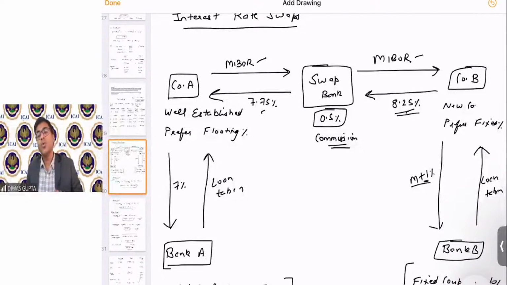We will go to the swap bank, and the swap bank will decide on its own capacity or its own assessment whether we are eligible to have a fixed converted into floating or floating converted into fixed. So in practical life, we always see one leg of the transaction. The second leg of the transaction, the swap bank is doing internally behind. Okay, Guram. I hope this is clear, students.